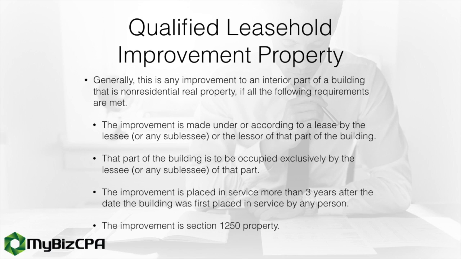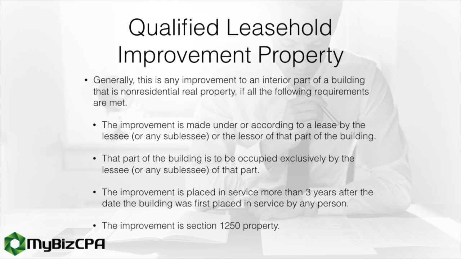The improvements must also be made to a building that has been in service for at least 3 years. Finally, the improvement needs to be a Section 1250 property. Examples of 1250 property include decks, shingles, vapor barriers, skylights, trusses, girders, gutters, and generally the other costs in connection